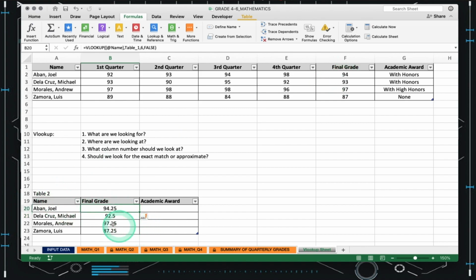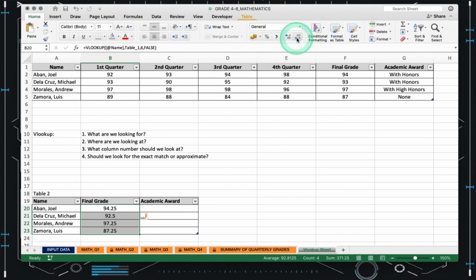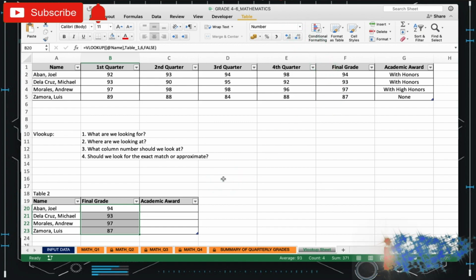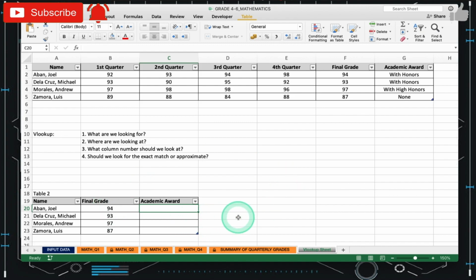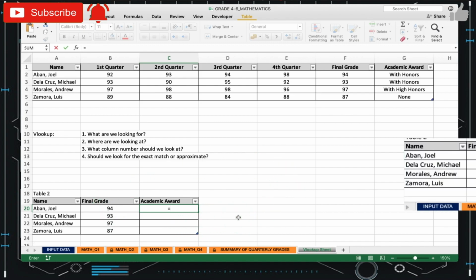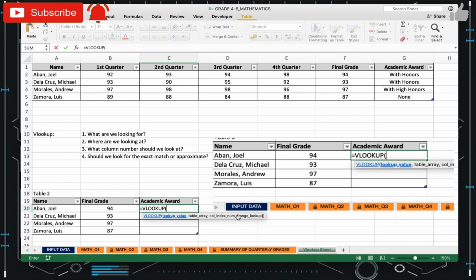So doing the same thing a while ago, highlight everything, go to the home tab, and use the decrease decimal places to keep it as a whole number. Now, what's next? We need to fetch these results here. So using that same principle, equals VLOOKUP. We're going to be looking for this learner,